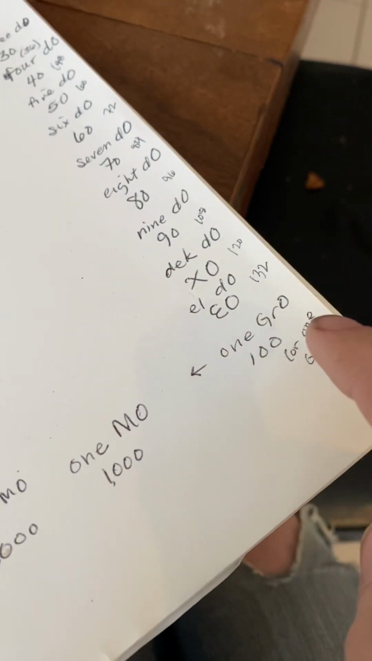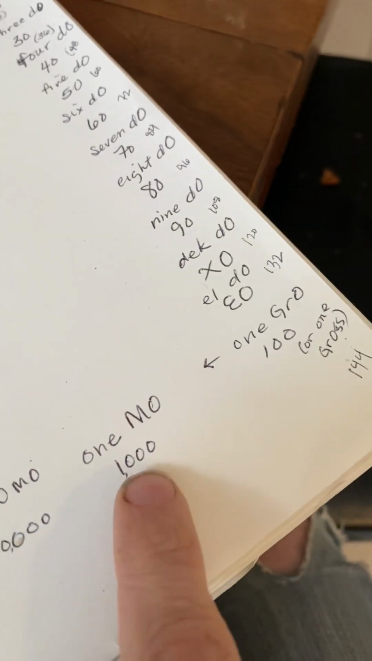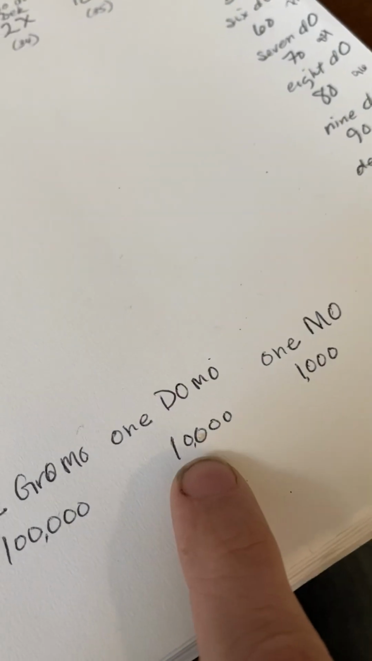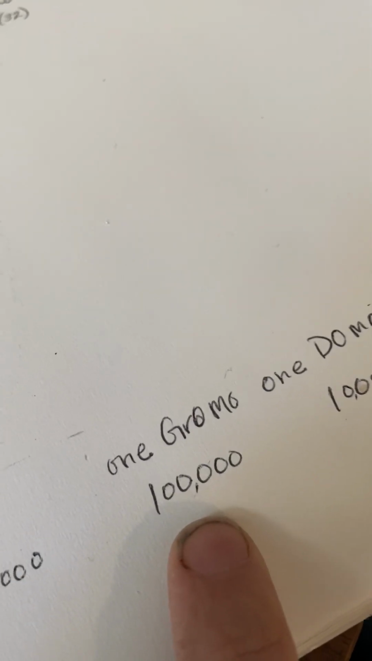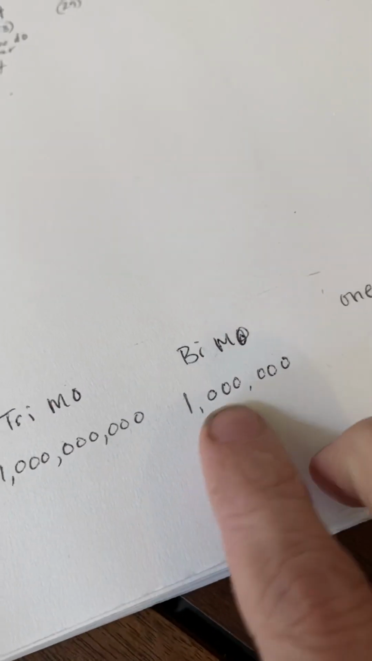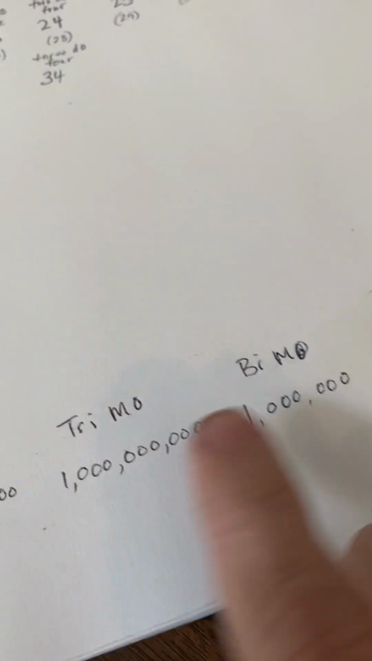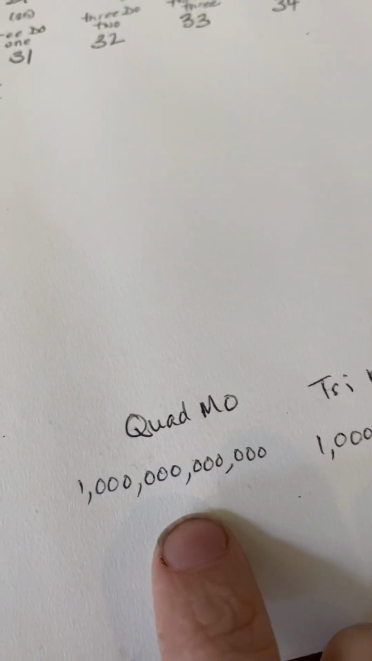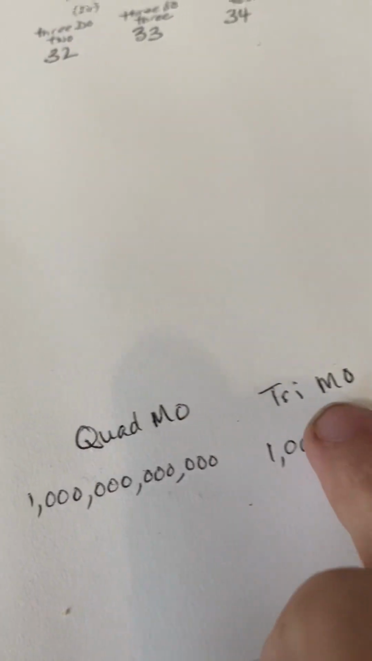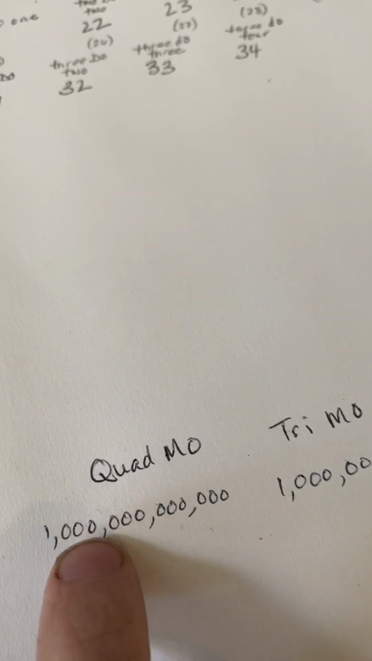So then you go from 1 grow to 1 mow, to 1 domo, to 1 gromo, and then these go bimo, trimo, quadmo, and the tri, quad, bi corresponds to the